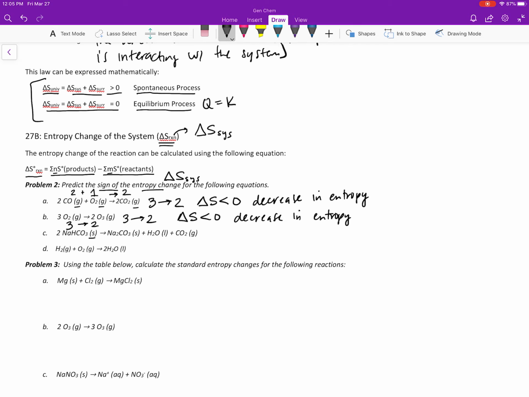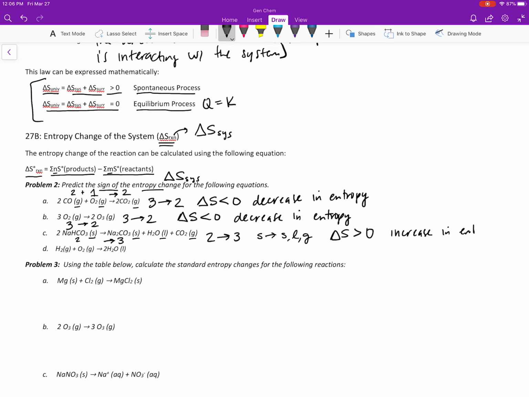On the third one, I'm going from a solid, which is something that has less entropy, to something that is solid, liquid, and gas, where liquids and gases are more entropic. I'm also going from 2 to 3 things, so I'm adding up the coefficients. I'm going from 2 to 3, but I'm also going from a single solid to solid, liquid, and gases, which are all more entropic than the solid in itself. So my entropy is going to be greater than 0. Let me keep this consistent: increase